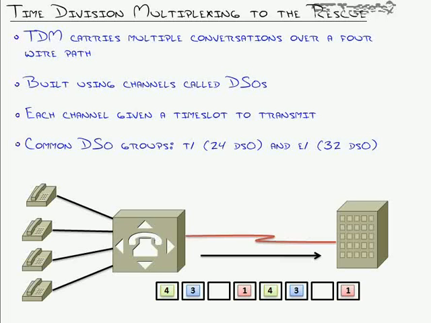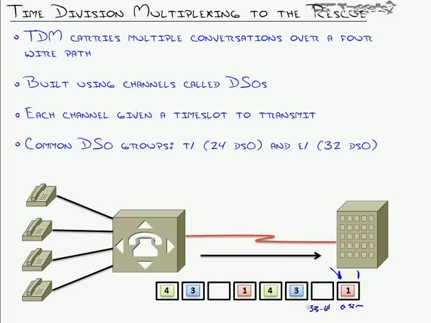How are you able to send multiple calls over single connections or a 4-wire path? Well, the way it does that is by assigning a specific time slot to each one of those DS0 channels. So, for example, let me grab my pen here. For example, we've got this little line of time slots coming out. Here's our conversation 1. It would have a specific time slot. Now, I'm not going to get into the numbers, but let's just say this is from 0 to 32 milliseconds or something like that. Then time slot 2 starts from 33 to 64 milliseconds, and time slot 3 starts from 65, and so on and so on.